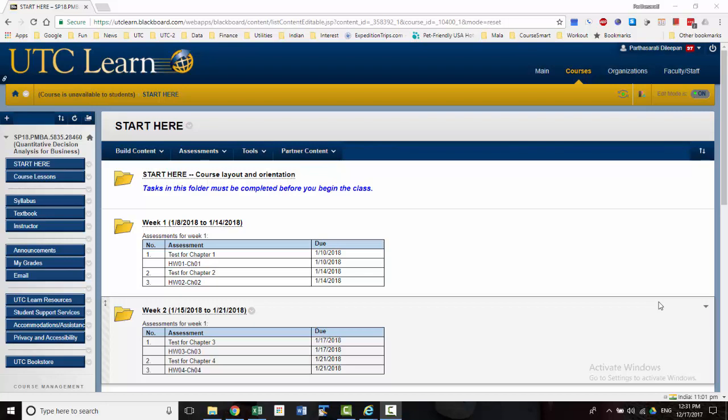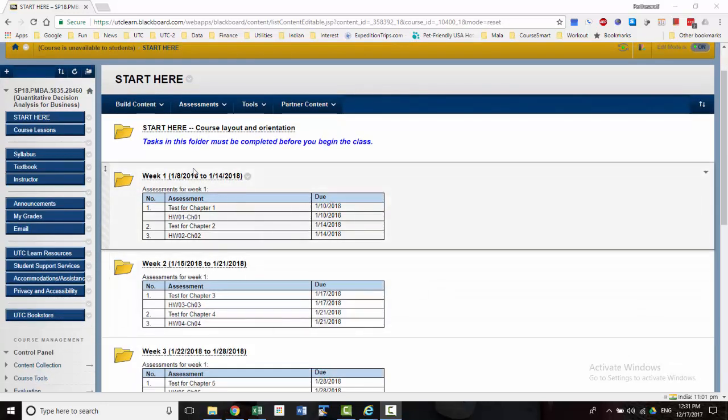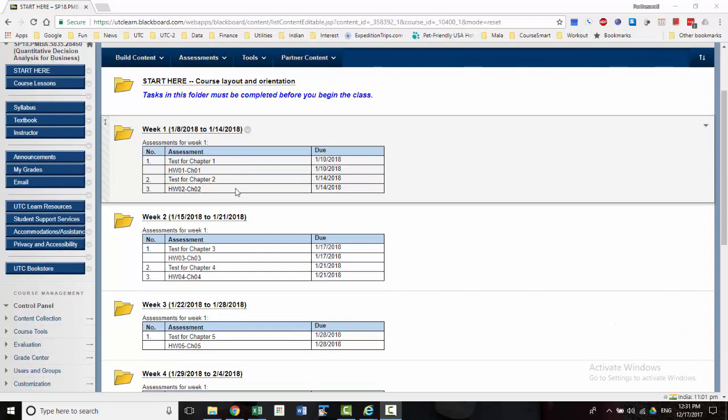In this video, I am going to discuss homework. Your assessment for this class has two categories: chapter test and homework. They're worth 50-50. Now you will have one homework for each chapter, and the due dates are given right below the weekly folder. If you click the weekly folder, they're all laid out exactly the same way